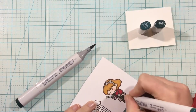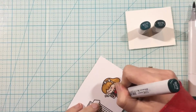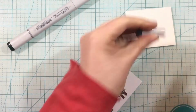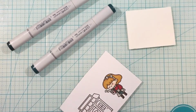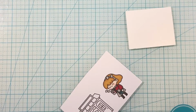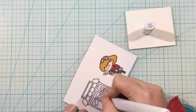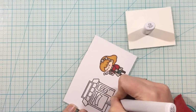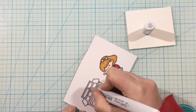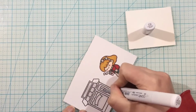The background is red, so I'm keeping a focus on the red. Her little dress is going to be red, and when I start coloring the coffee shop, there'll be some red there too. I did bring in just a little bit of warm gray for her headband and the bottom part of her dress, and then also this pine green color for her bag. Really very simple. For the whitish areas of my shop, like the windows and the sign, I'm using a C0